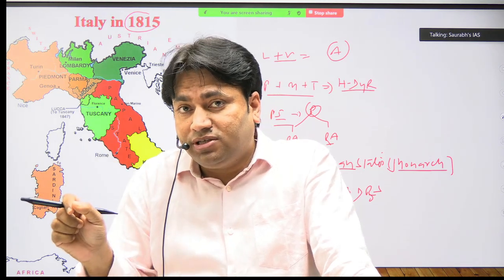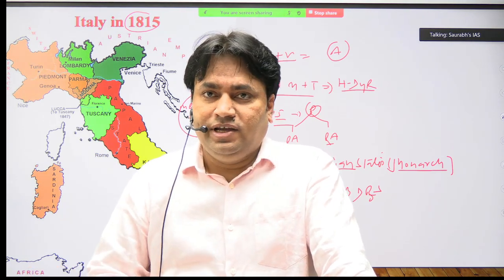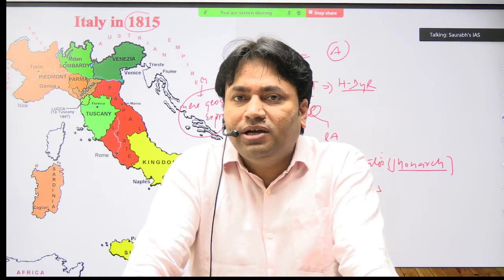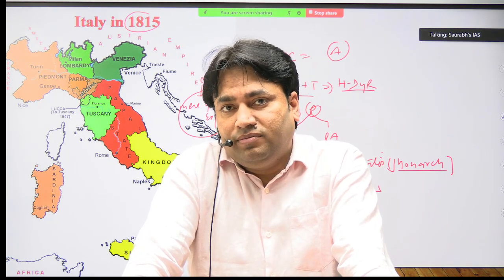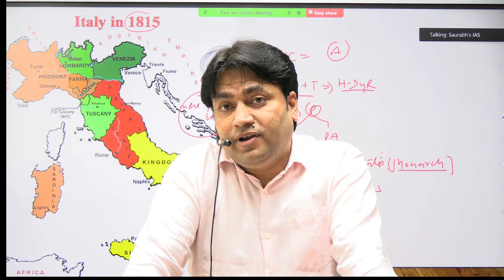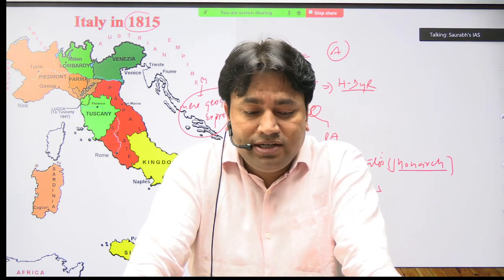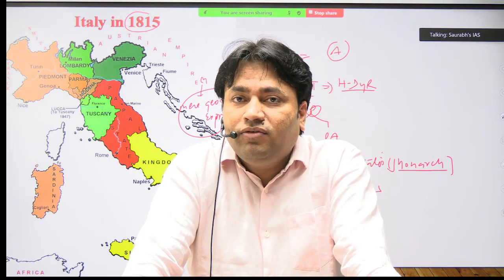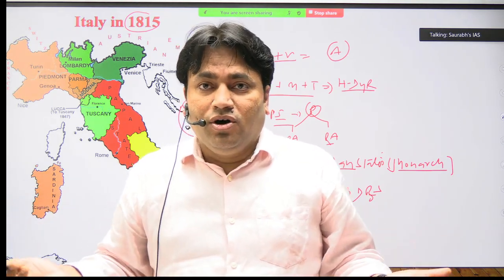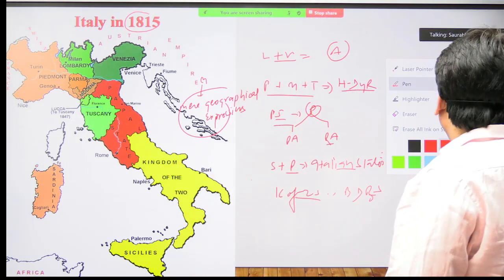The same as the British thought about India in the 18th century. When the British came to India, they thought that India is a mere geographical expression, and that Indian people don't have any feeling or sense of nationalism. Here, Austria and Prussia, the powerful monarchs, are thinking that these people don't have any feeling of nationalism, but gradually this nationalism was growing and emerging during all these phases.